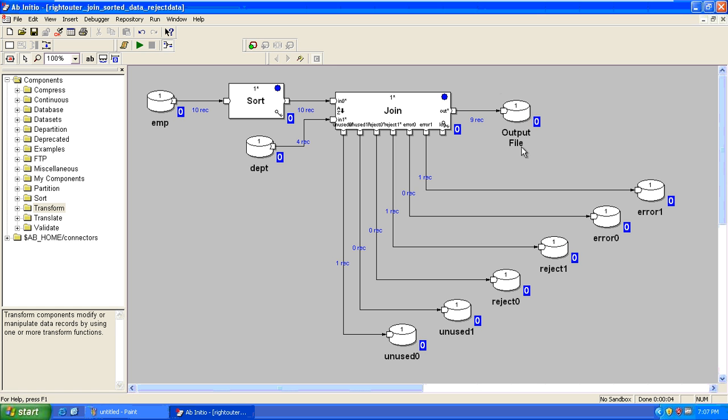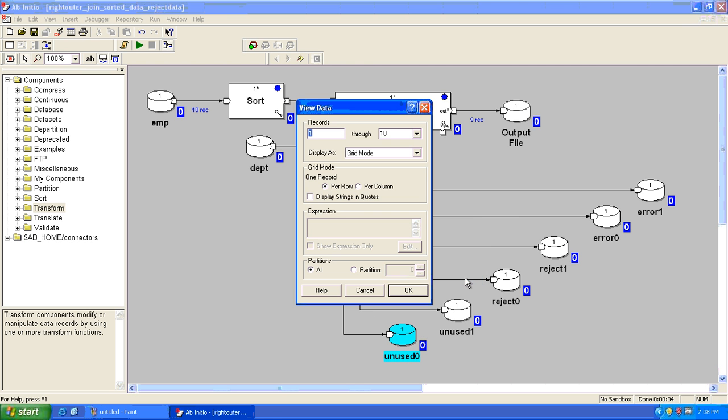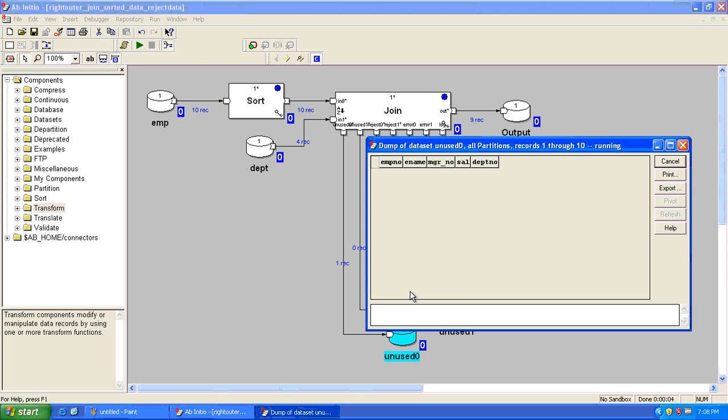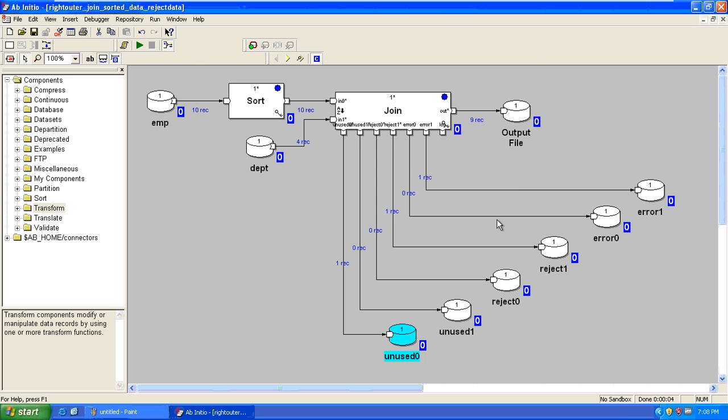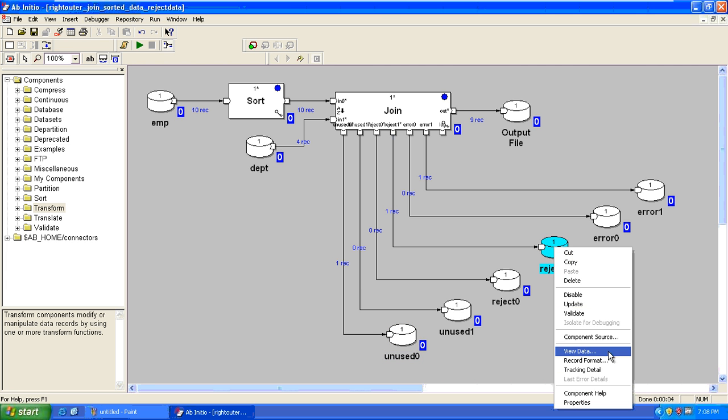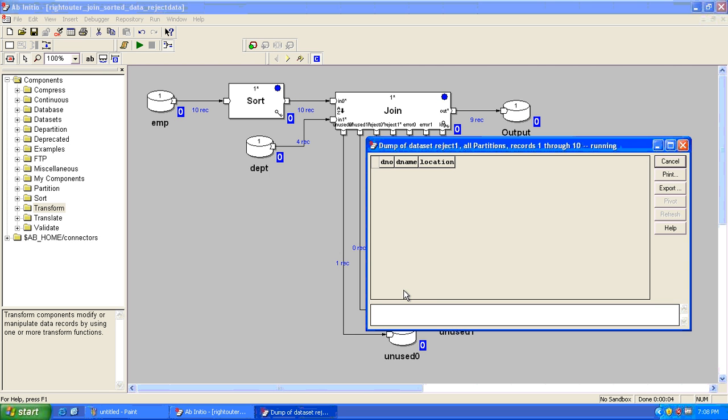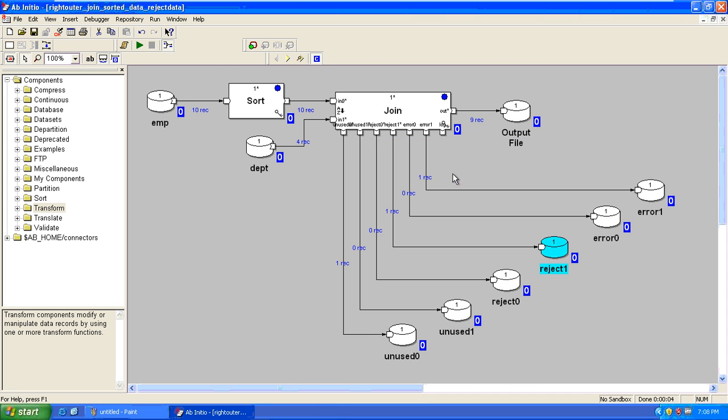Yes, we got only 9 records. Few of the records got rejected. We will see why there is a rejection. Obviously unused 0 will be the 50th department. Yes. And reject 1 has 1 record. What is that record? Yes, 40th department. The reason is